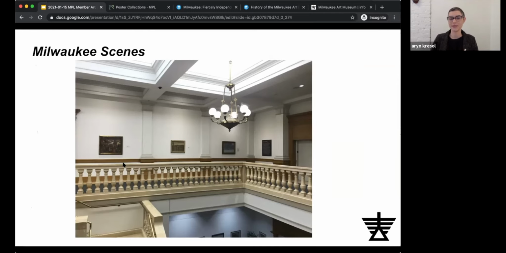And so in this instance, because it is a thoroughfare, and in this image you can see the elevator is on the right-hand side, which is the only accessible point to the second floor from the front end of the building for individuals who need the elevator. We couldn't close that space for installation beyond what the library was already closed to the public for. So that was a logistical hurdle as far as scheduling.